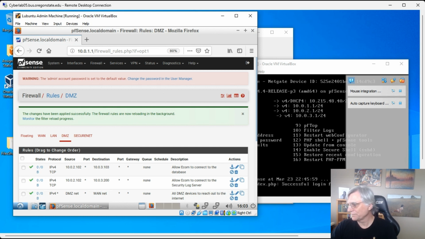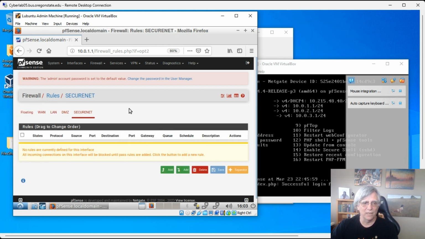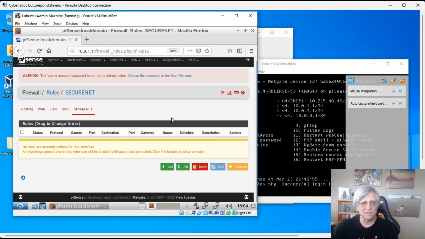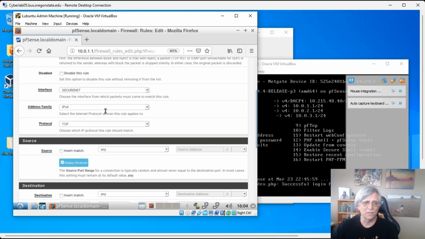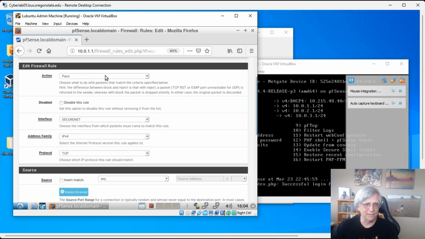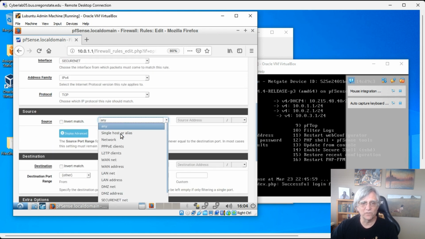Okay, we're doing good. Now we're going to move on to step 5C. And this is going to be the inverse, in some ways, of what we just did for DMZ. We're going to look at SecureNet. And what we've done now is that we've allowed the DMZ to send messages to SecureNet, but we haven't let those messages travel onto SecureNet on the other side of the interface. So we're going to add a rule, and we're going to kind of do the opposite of what we did before. So we're going to pass SecureNet IPv4 TCP packages that come from a single